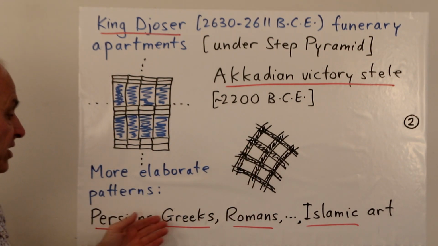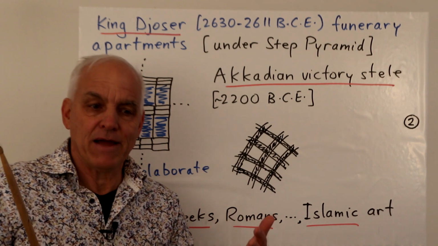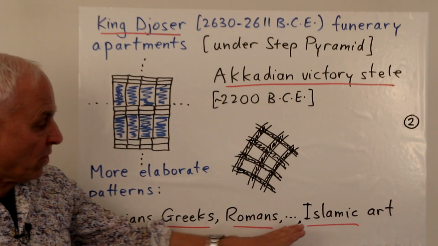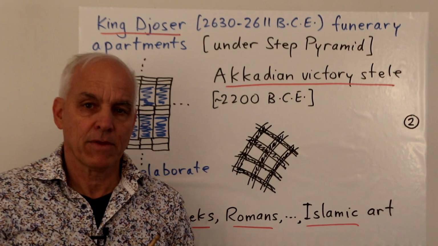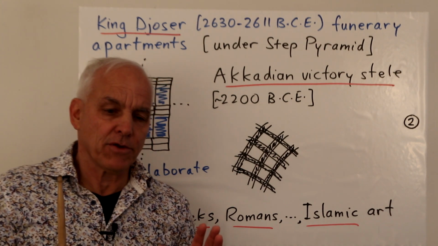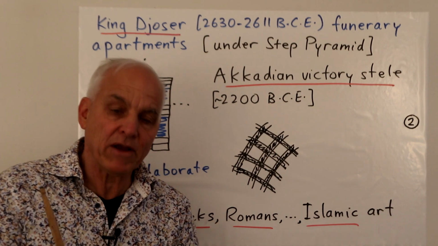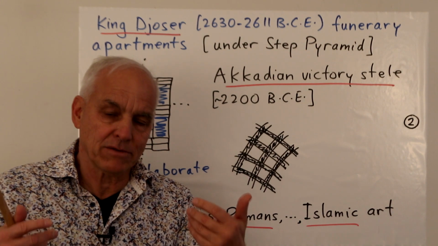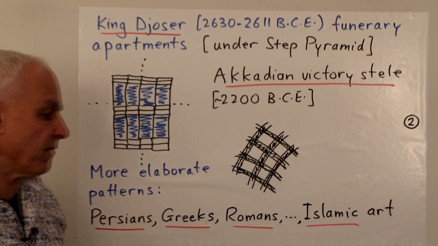So the Persians, the Greeks, the Romans, they all used these kinds of patterns in decorative art and architecture. And I think it came to a high point with Islamic art. So in Islamic art, there's a disinclination to represent actual figures, and so the elevation of abstract pattern motivated art became very, very beautiful.